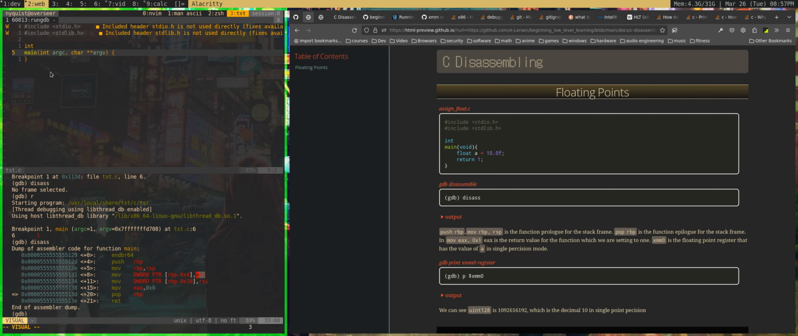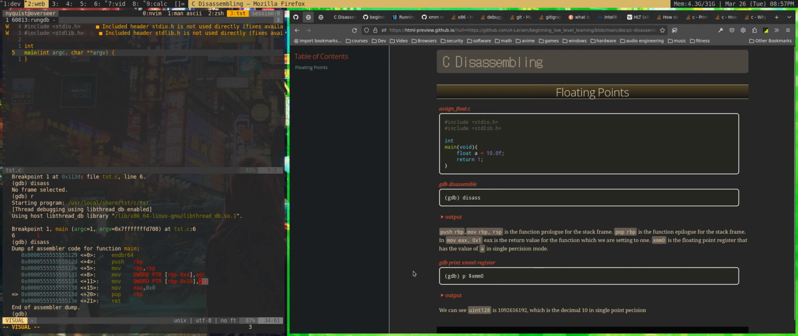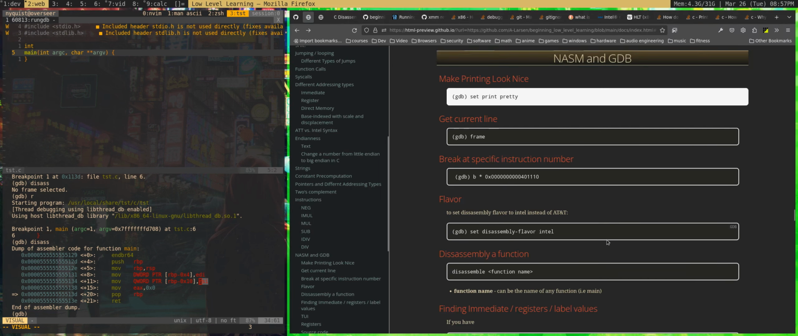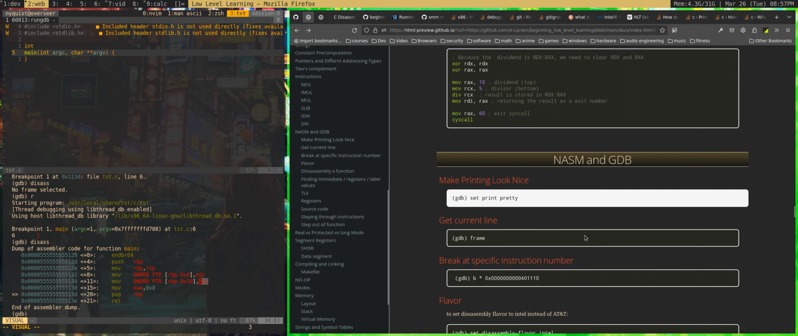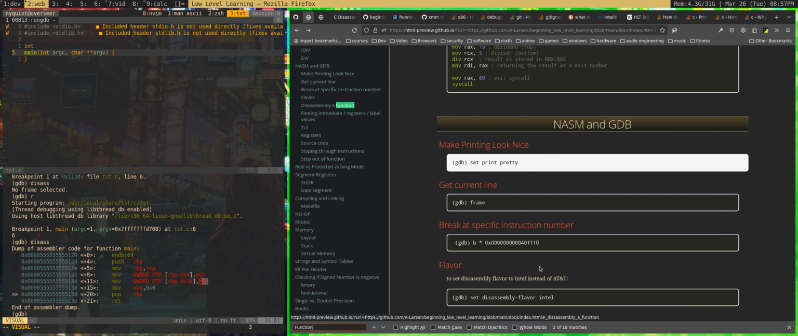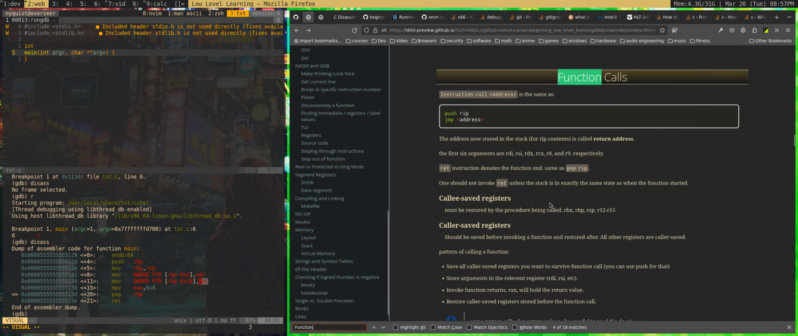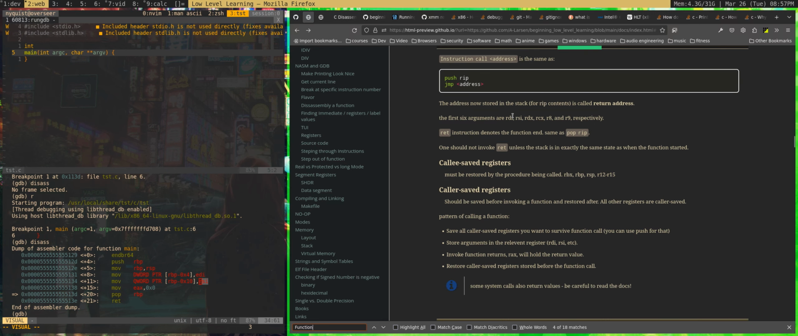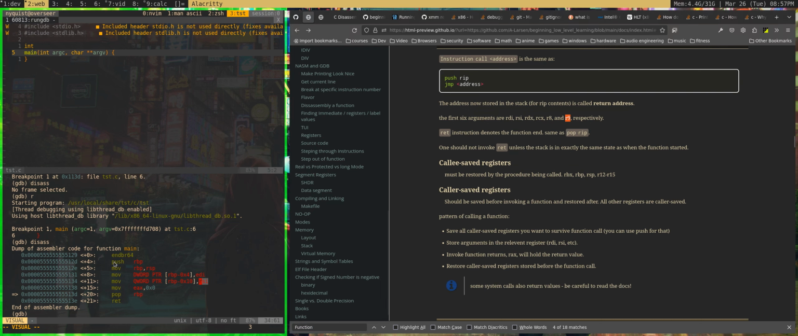EDI is the arguments, the argc. RSI is the second argument for the function. So the arguments for the function kind of go like, if I look at my notes here, function calls, see that the first 6 arguments for the function would be RDI, RSI, RDX, RCX, R8, and R9 respectively in that order. If I got rid of these,